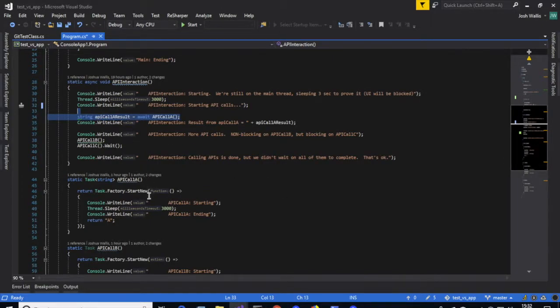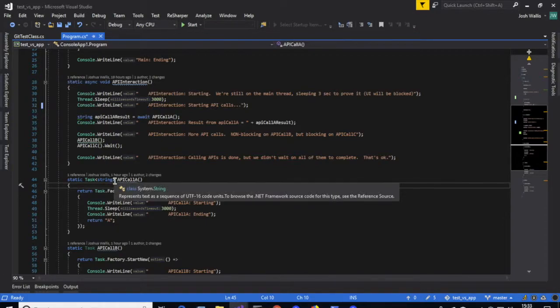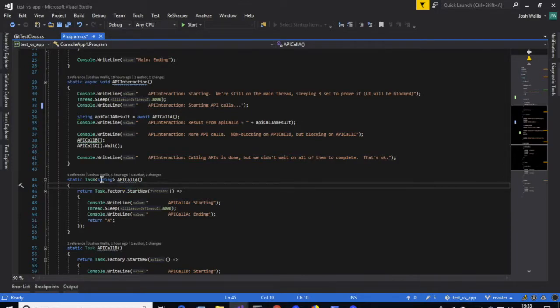Then API call A is going to say, okay, I'm starting, I'm going to sleep 3 seconds, going to tell you that it's finishing. It's going to return a value. So you can see that in the method declaration, it returns a Task of type string, which is a weird kind of piece of syntax there, but you can see we're doing a wait on it, and we're capturing the result as API result. So once that's done,